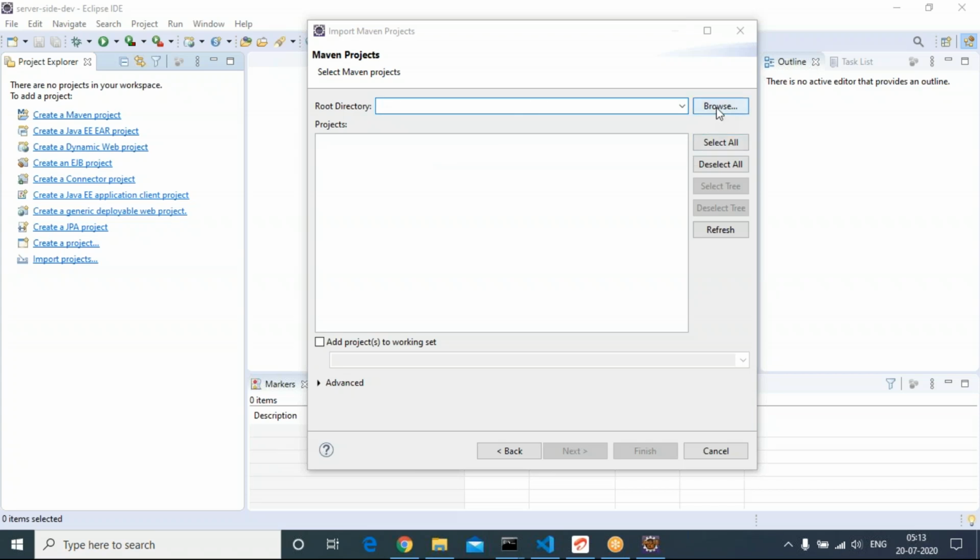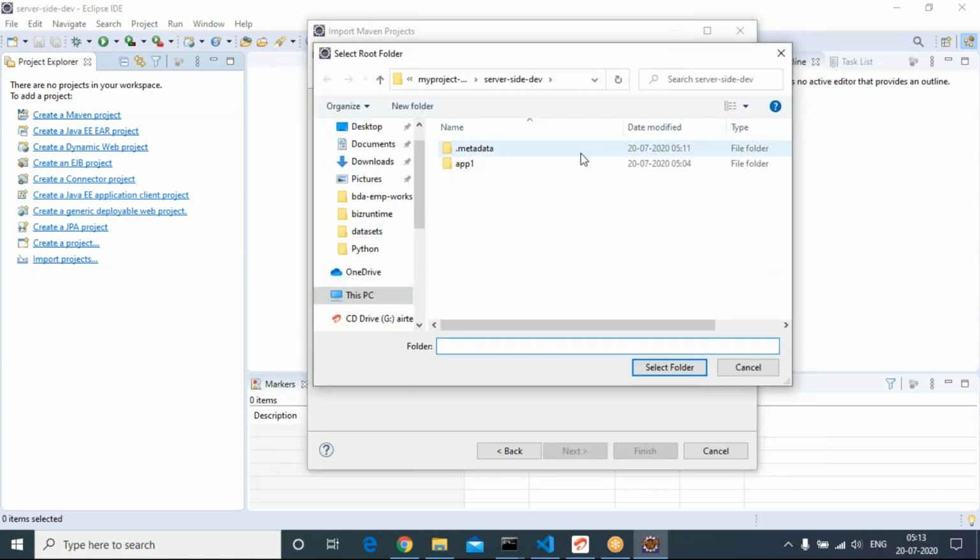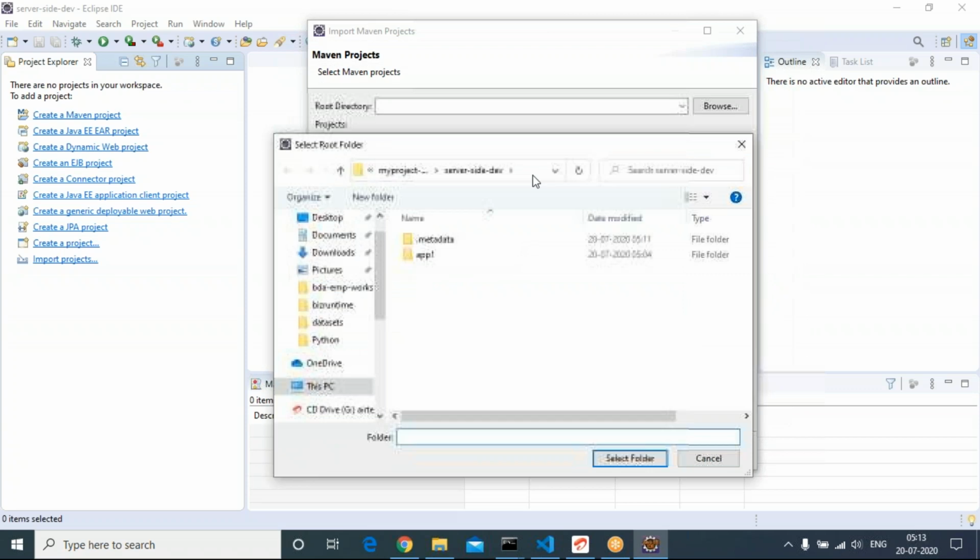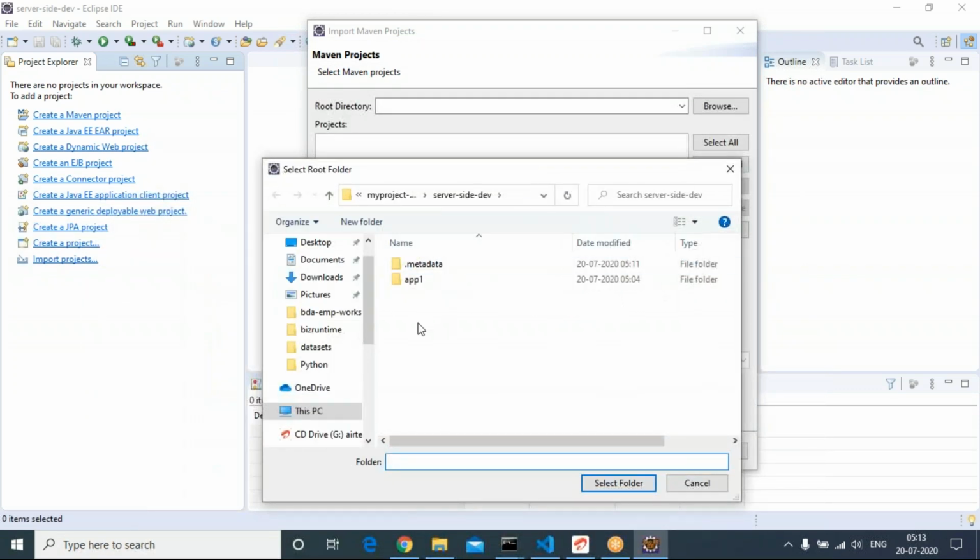Under root directory, click on browse. Go inside the app1 folder. Everybody, this is our workspace.